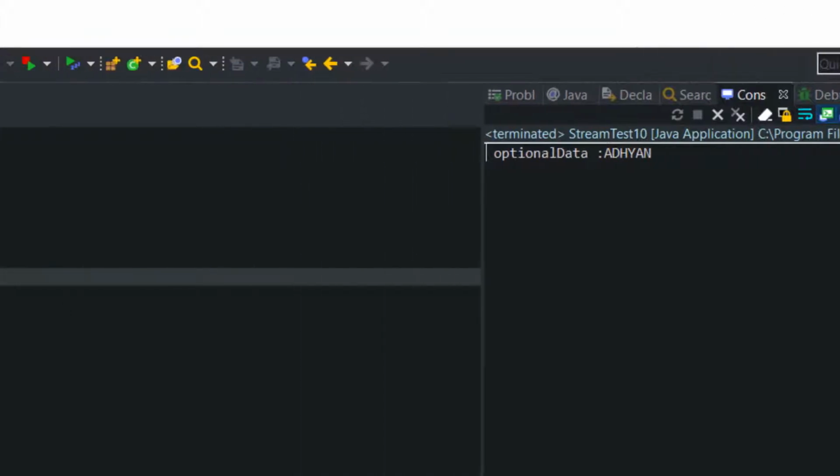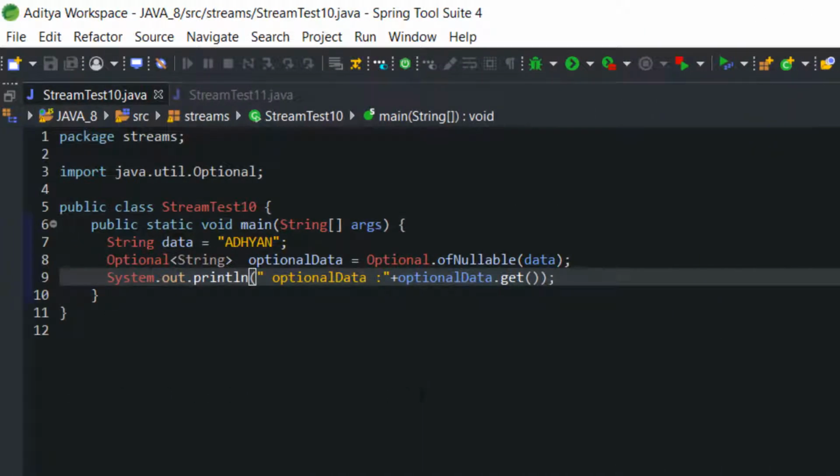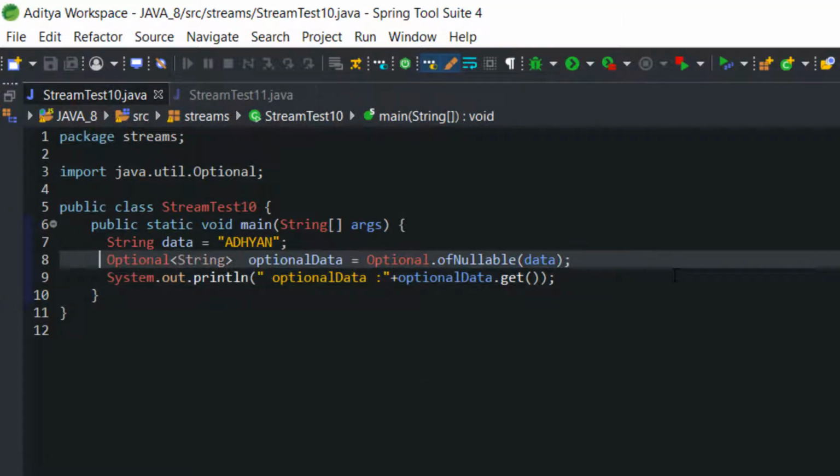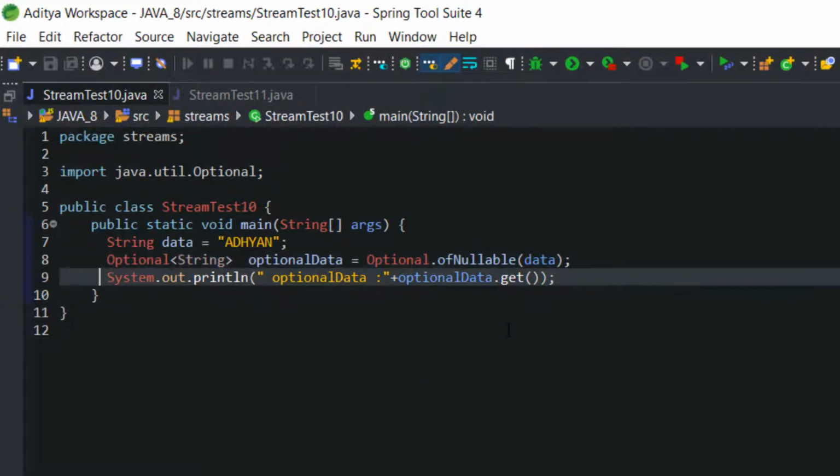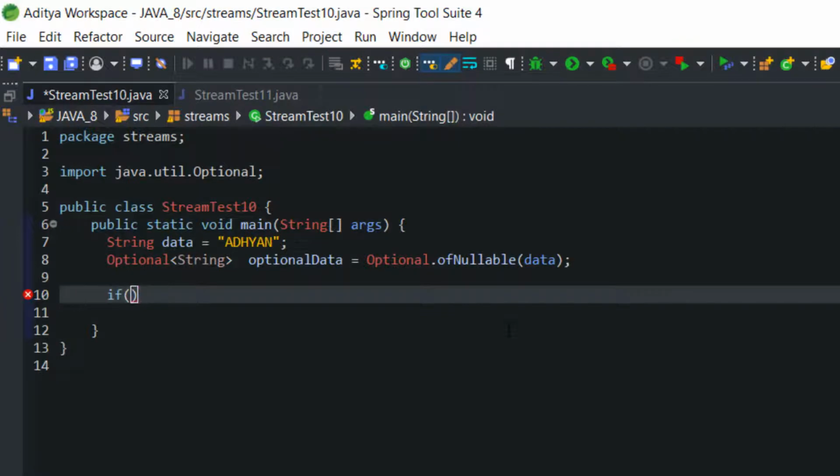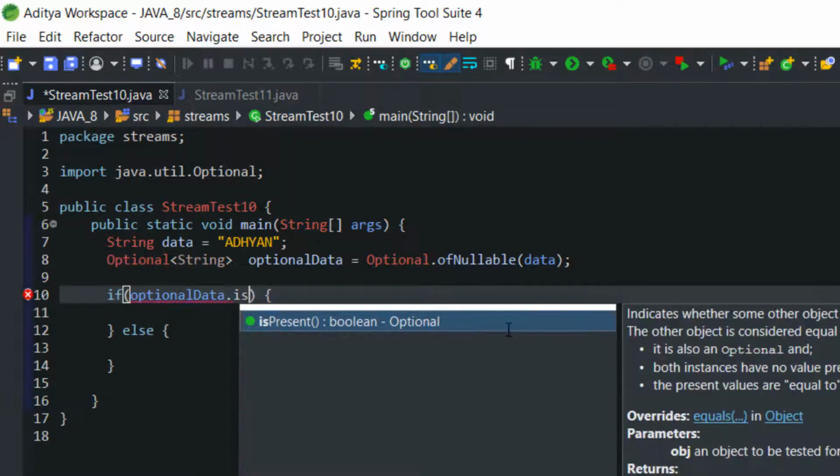null values. Now we can also manage null values with the help of if-else logic. Let's write an if-else logic. Here I am going to call the isPresent method.